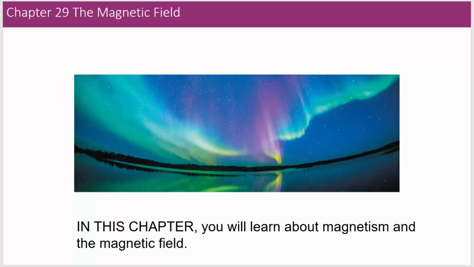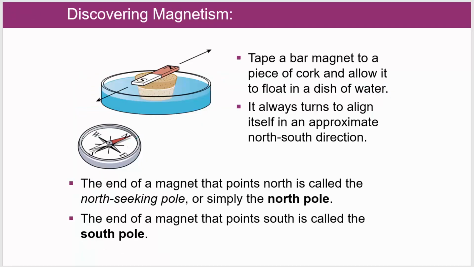Here in chapter 29, we are going to shift gears and take a look at the magnetic field. We will borrow a lot from what we've learned by studying the electric field, and we'll incorporate that into the magnetic field. There are a few major exceptions, or differences, I should say, between the magnetic field and the electric field. We're a little bit more familiar with magnetic effects because as children we play a lot with magnets